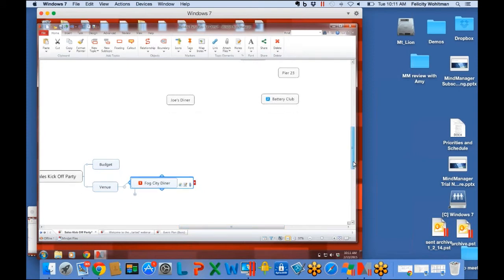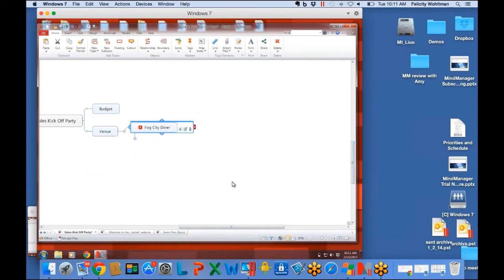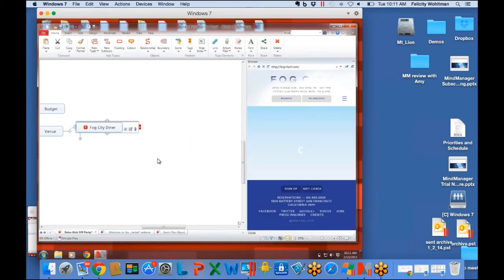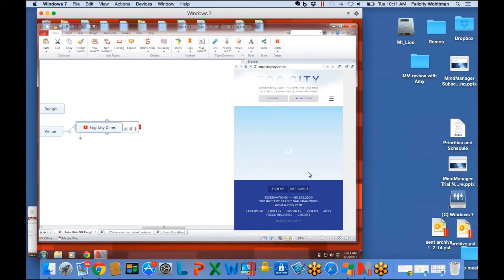One of the things that is very useful about using MindManager is the ability to gather all the information that you're working with and that you're going to need to make any sort of decision or progress on your own, and seeing that in a single view and being able to see the big picture, but then to drill in. And so what I mean by that is here is a link to Fog City Diner, and I embedded this link earlier, and